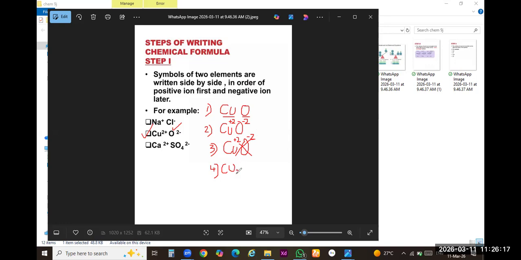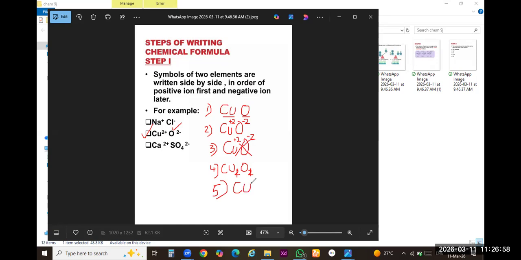Like this, Cu2 and O2. And when we write their valences in the lower right corner, it is understood that the first one carries a positive charge and the second one carries a negative charge. No need to write their signs now. Clear? Now keep it in your mind, class. If the valences are the same, they are offset. No need to write the valency if they are the same. Clear? So, what will be the formula?